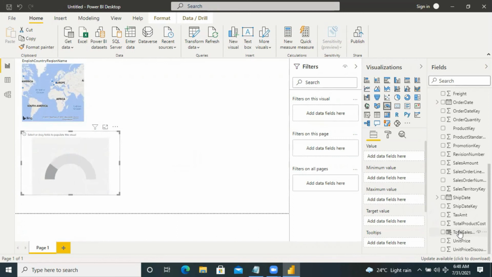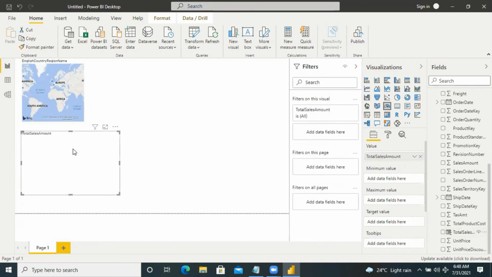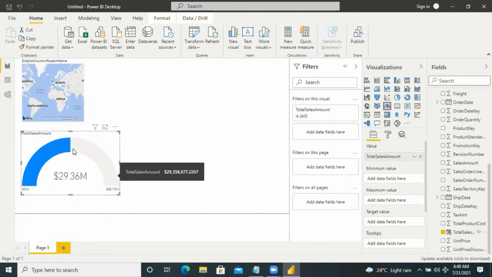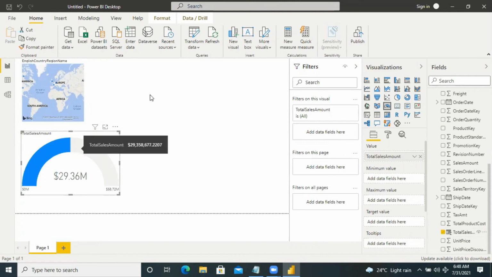Then I'm dragging the field total sales amount, which I created, the new measure. Here I got it, the total sales amount.